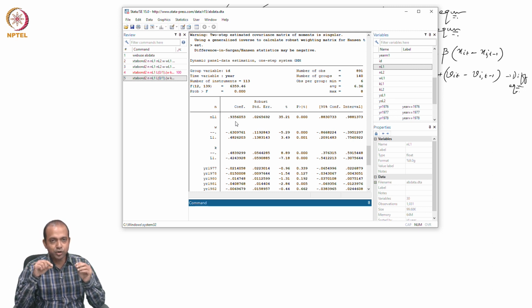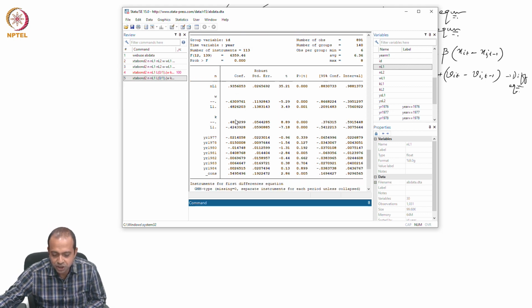And how do you get the bound? Your FE and OLS estimates set the upper and lower bound wherein your estimates from the dynamic panel data model must lie, and if they don't, then we need to modify our model. How will you modify? That is up to you as a researcher. You need to contextualize, understand your problem properly. You need to read the theory to understand which variables should be considered as endogenous, which variables to be included in the model, all those things.